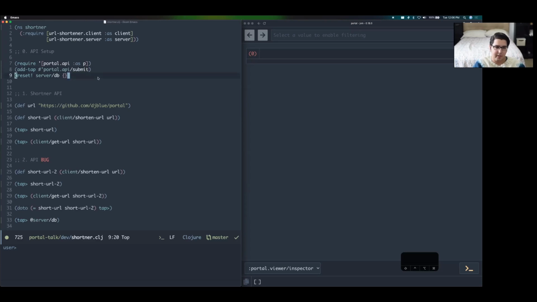So let me make sure that the database is reset. Okay, so there is this API called the shortener API, which should be a very familiar problem, right? You have a long URL and you can't link it. You want a shorter URL. So you provide it to a service, they give you a shorter URL, and then you give someone that shorter URL. And when they use it, they get redirected to the longer version, right? So in this example,